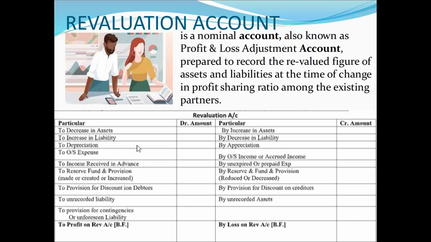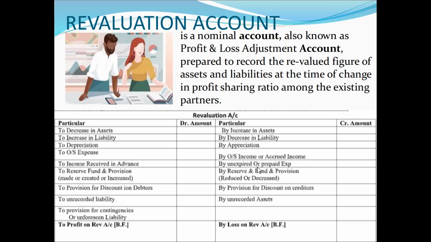Basically the revaluation account records only the fluctuations of assets and liabilities. The fluctuation amount only we have to enter. So reserve fund and provision, provision for discount on debtors, unrecorded liability, provision for contingencies or unforeseen liability,